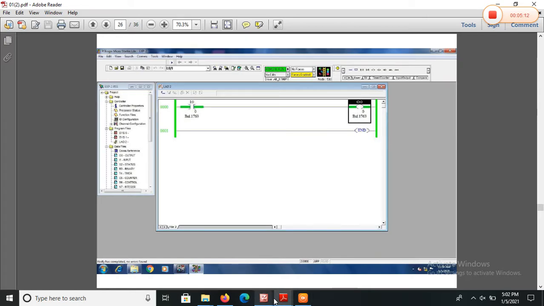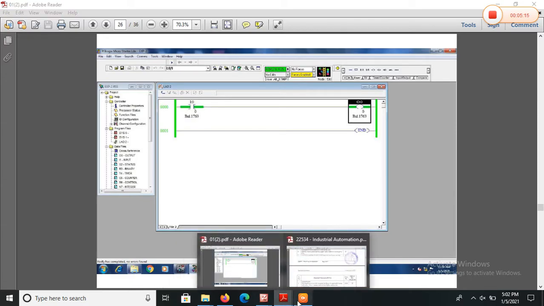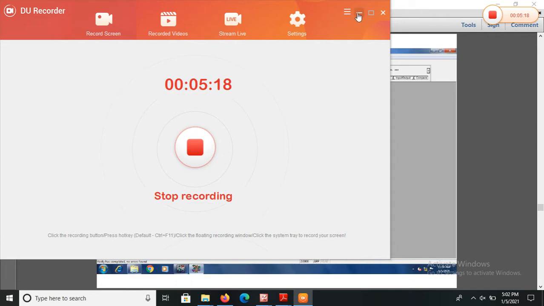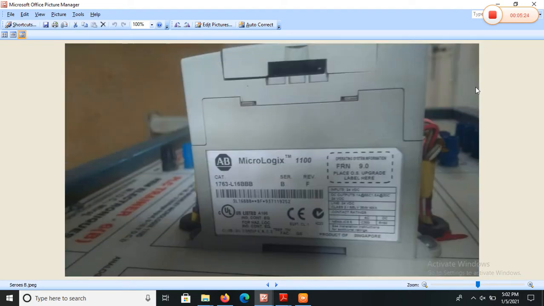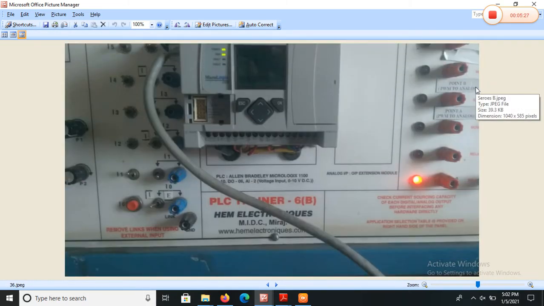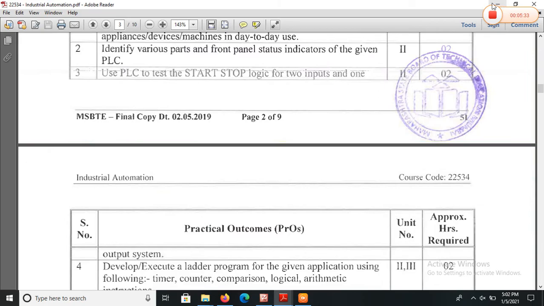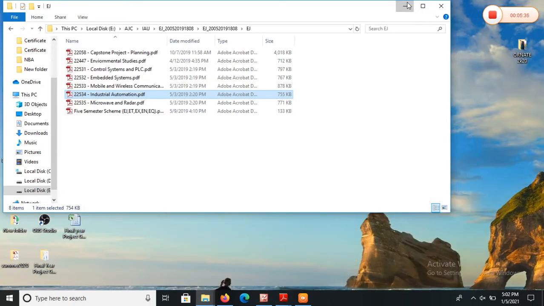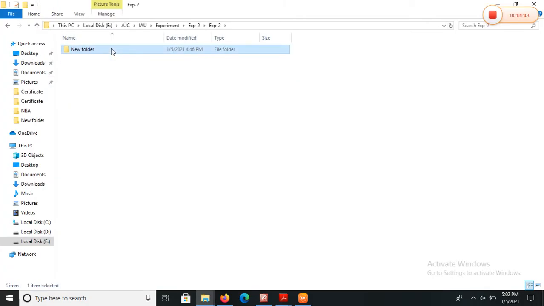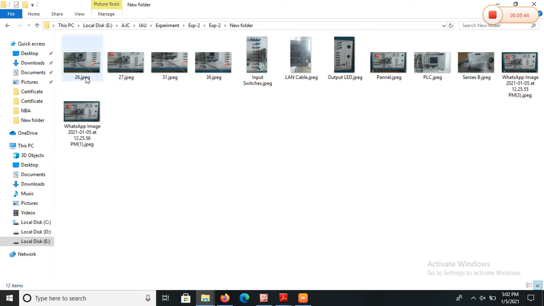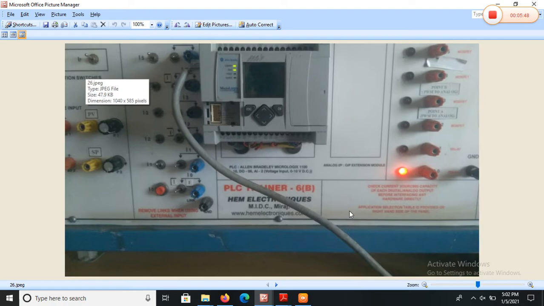Now we will see this output. This is the output pin. Here, this is the 0/0 pin, this is the input pin, and this is the output pin.